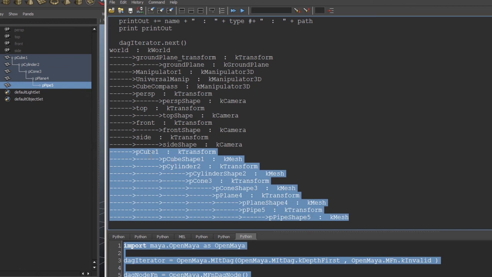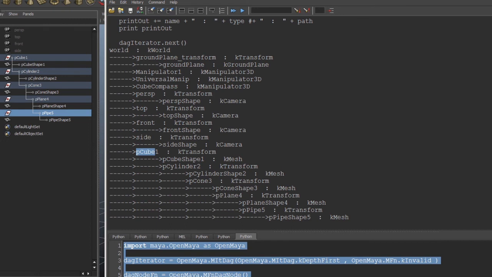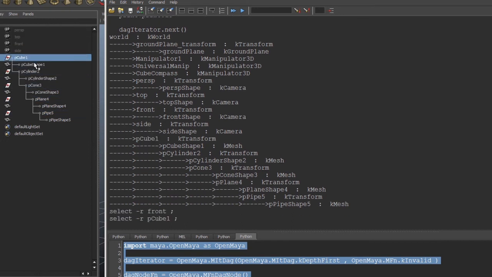The first thing is pCube1, which is a transform node, and I would enable the shapes so that you can see the shape nodes as well. Then there is a pCubeShape1 inside pCube1. Then there is a cylinder shape, cone shape, plane shape, pipe shape. So there is a transform node first, and then there is a shape node, and that's how we print the complete hierarchy of a scene